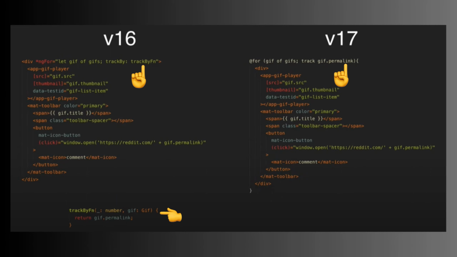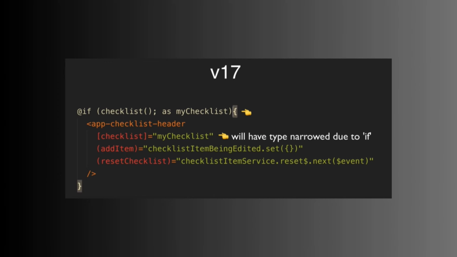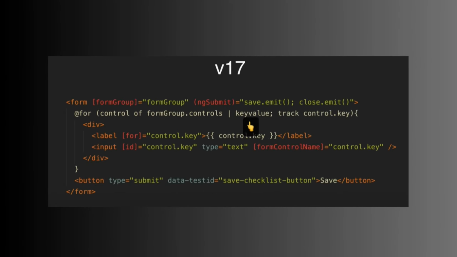With the new syntax in Angular, we can just directly provide what we want to track by without having to write a separate track-by function. Another cool little feature here is that we can create an empty block that will be automatically displayed if our for loop is empty. We also still have the ability to create aliases with as, and pipes still work just